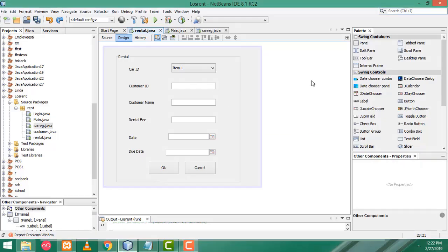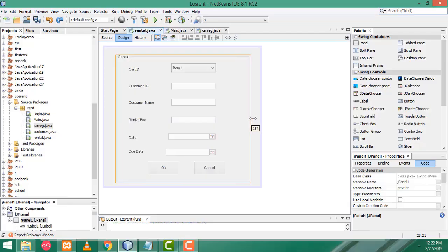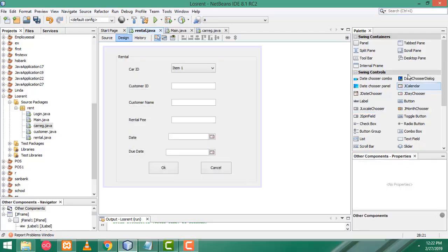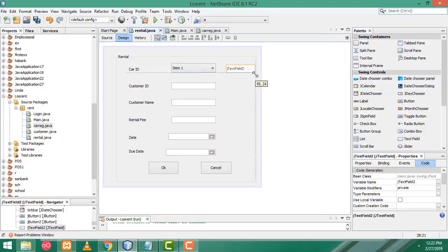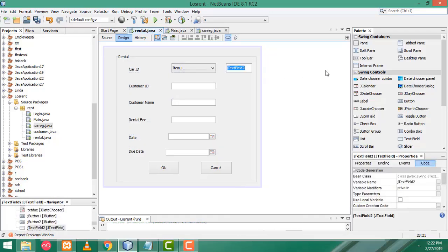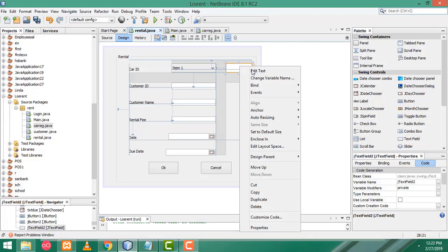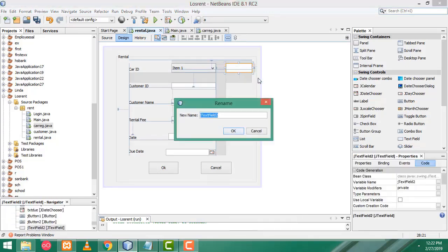So let's drag another text box. Now let's drag another text field here. Right, now here what I'm going to do is remove the text. We have to name it as txtavl. Right,